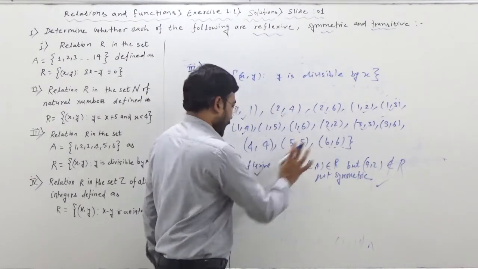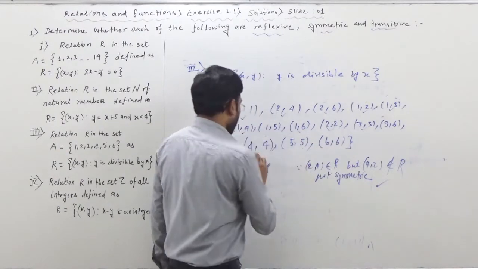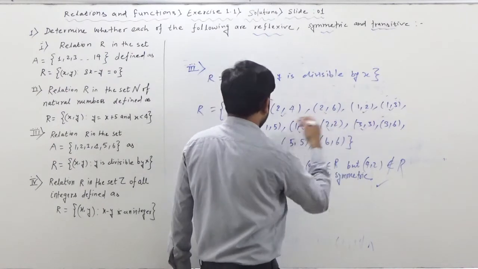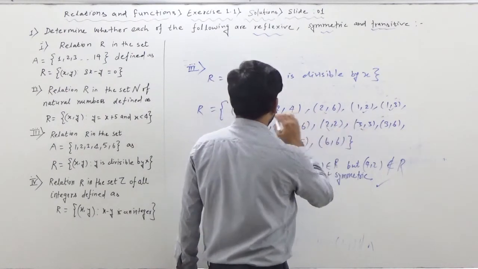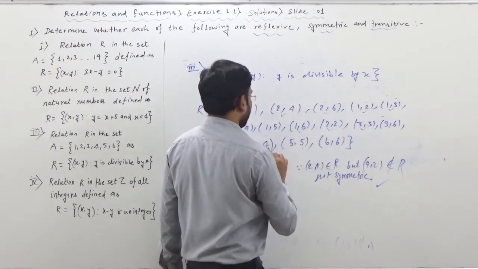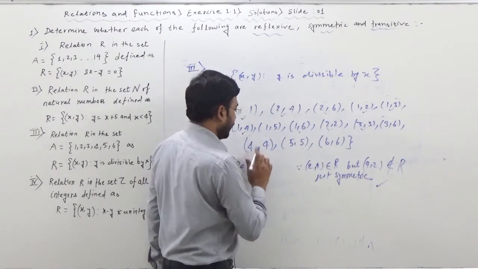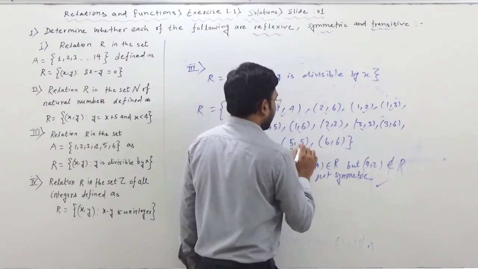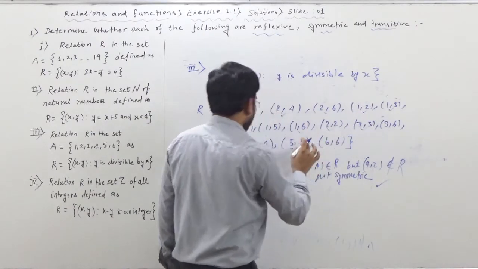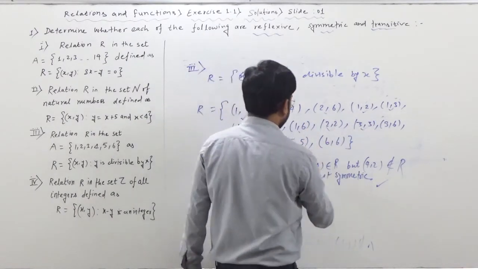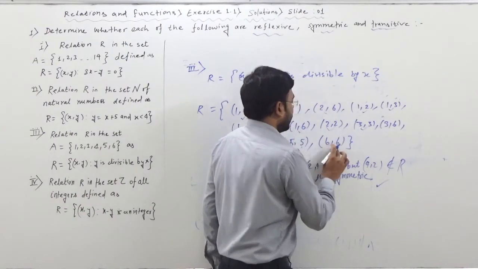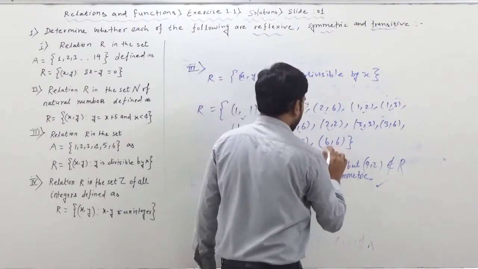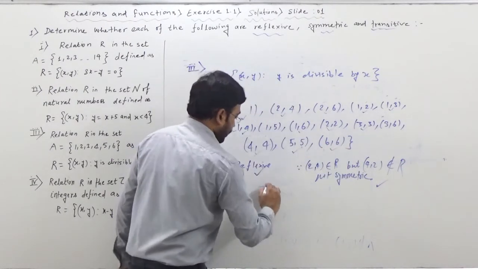Now only a few elements are remaining to check. Now here this is A comma B, and from where is that 4 starting? 4 is starting nowhere. So we will not check this one. It will say it's okay. Now we'll check for this A comma B. Is somewhere starting from 5? No. So we'll not check it. It's all okay. Now here, A comma B is there, but is somewhere starting from 6? No. So this is all okay. Means overall this is going to be a transitive relation.